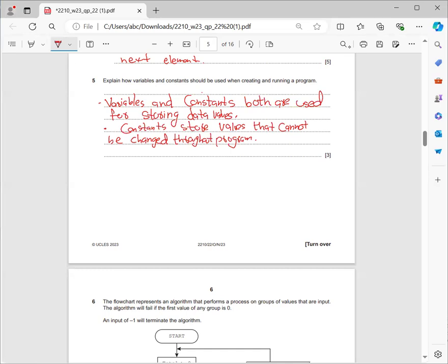For the 3rd mark, I can write whereas variables store values that can be changed. So this is it. Other than that, you can also write, this is for your extra point, right? Like your answer is done till here. You do not need to write anything else than that, but I'm giving it just for your information that you can also write that